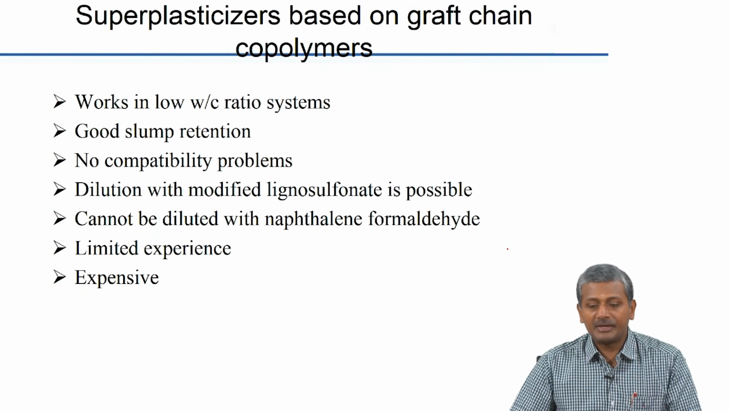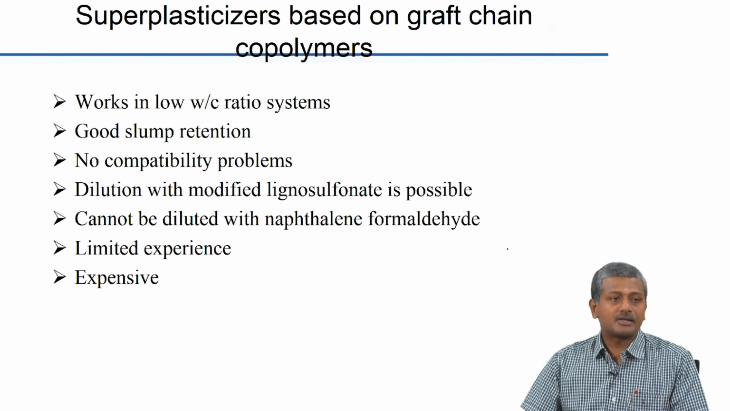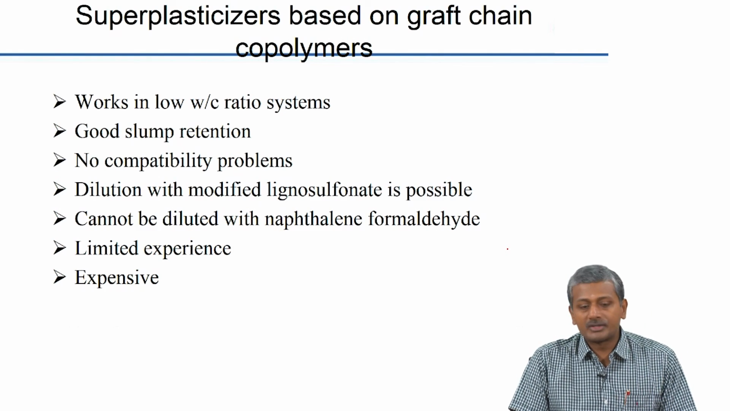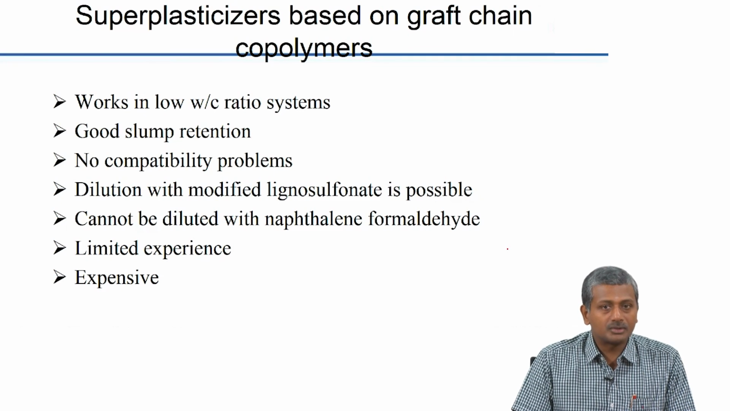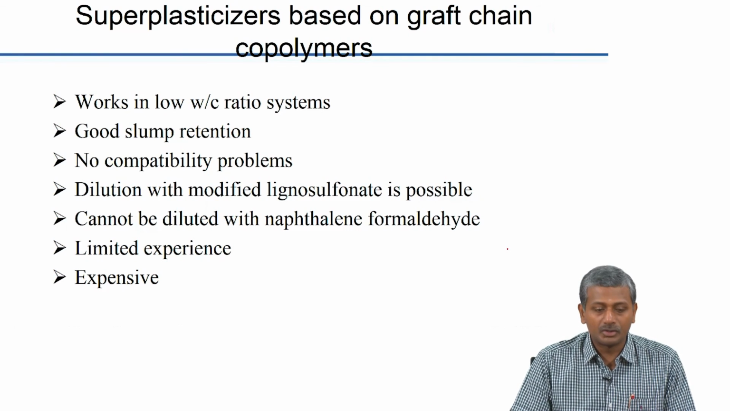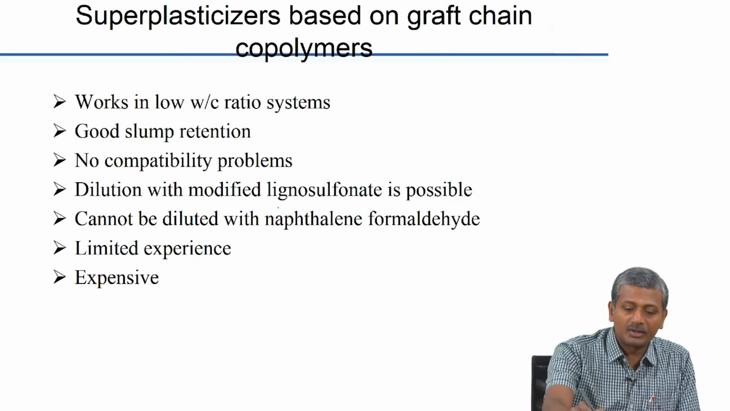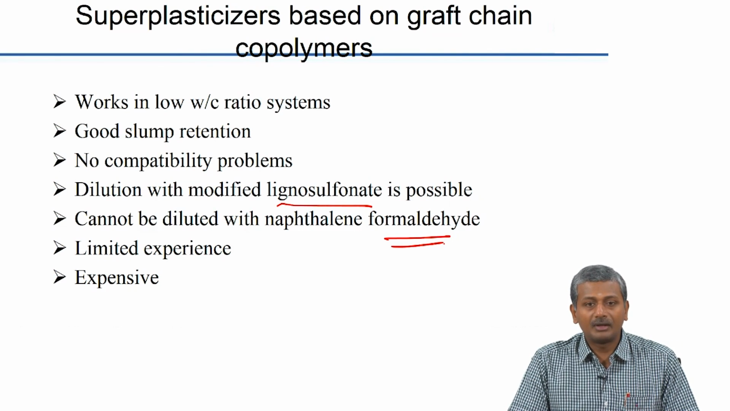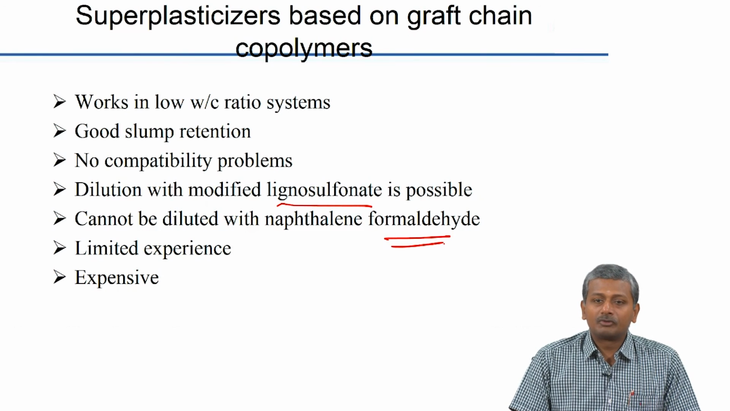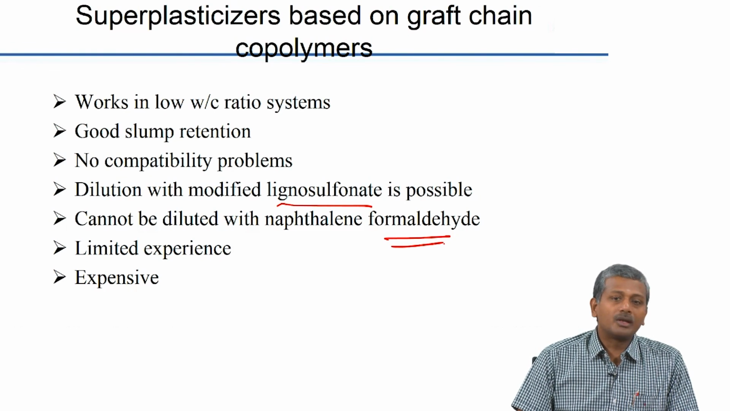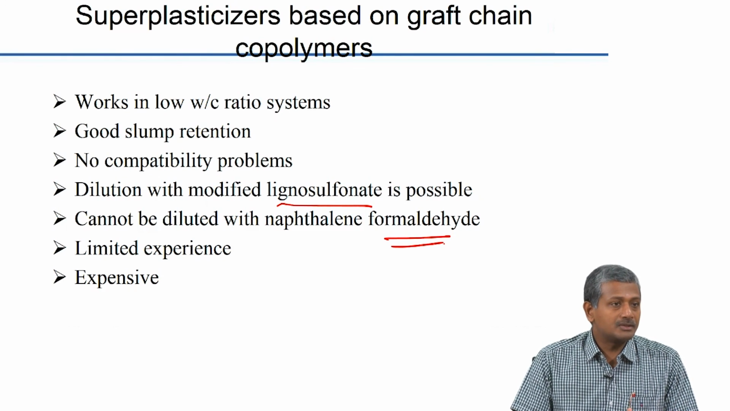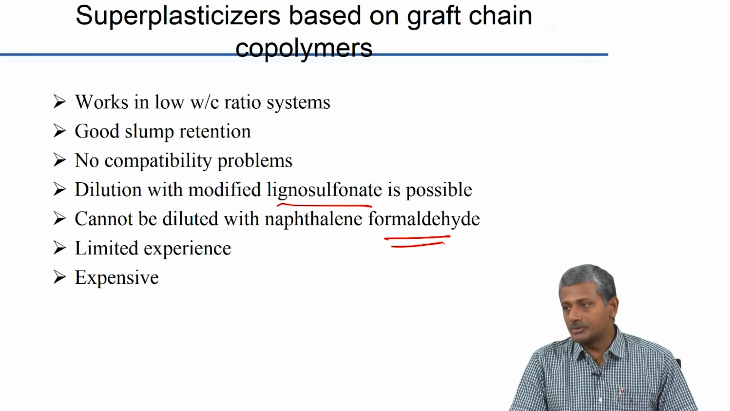And finally, PCE based plasticizers, those that are based on these graft chain copolymers, work quite well in low water cement ratio systems. They have good slump retention, they may not have any compatibility issues, and again dilution with lignosulfonate is possible, but not with naphthalene formaldehyde. Okay. These are expensive. Of course, the experience is no longer limited. People have been using these for nearly 20 years now, and especially in the last 10 years the usage has gone up by leaps and bounds. Okay. All right. So, again we will come back to